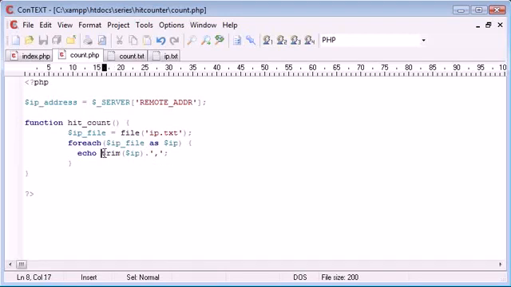So we don't actually want to echo out the IP addresses, we just want to use them inside here. So I'm going to create a variable called IP single, and that's equal to each one. So we can use this variable to check whether the user's IP address, which is up here, corresponds to one already in here. So we can say if